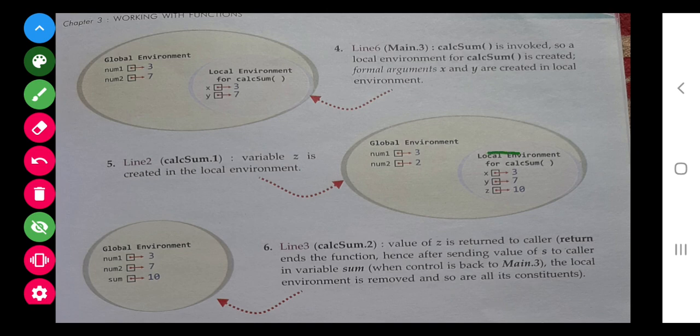फिर उसके बाद this statement will execute जिसमें it will calculate for value of z.